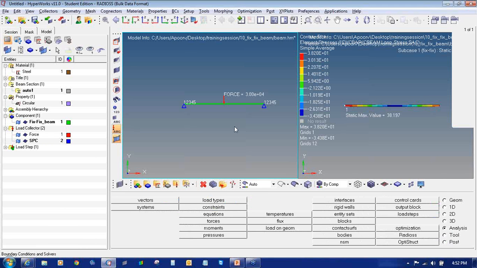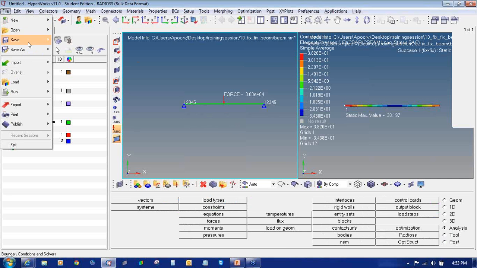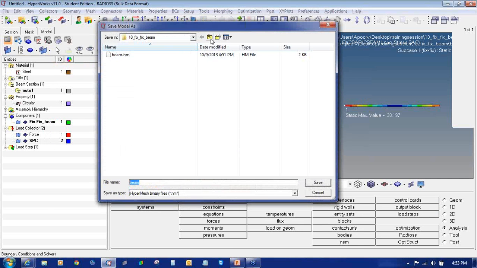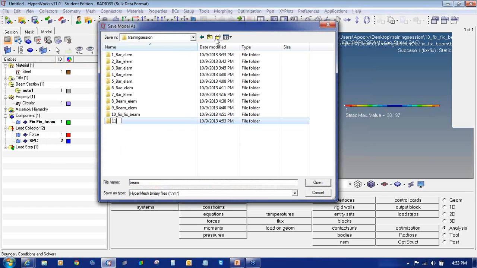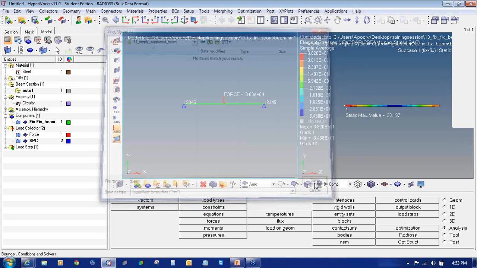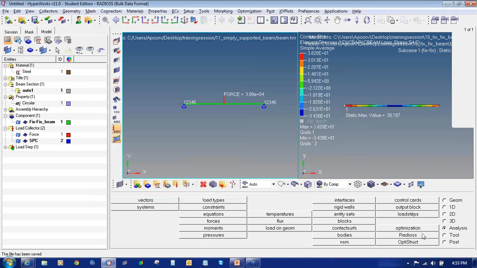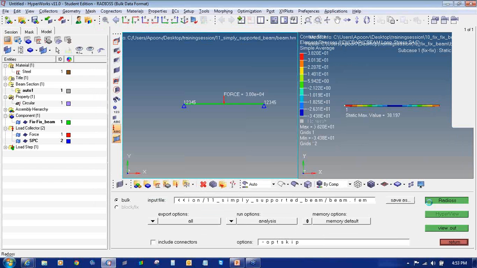Keeping all the other parameters as they are, I have just removed the 6th degree of freedom, that is rotation about z axis. Then I will save this file as 11 simply supported beam. Save. So analysis, radius,